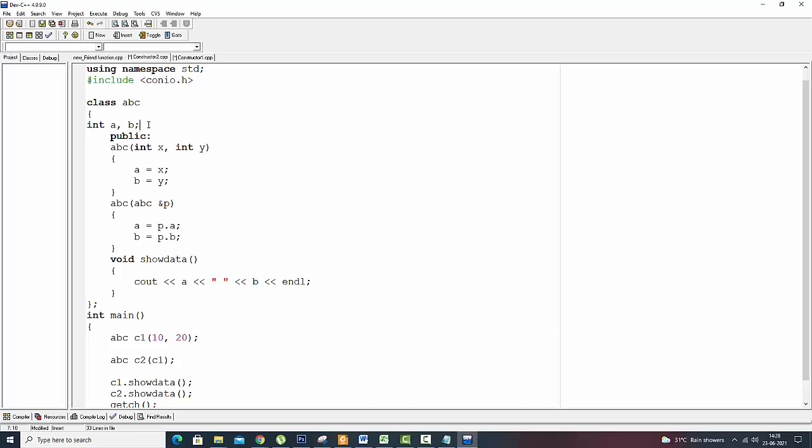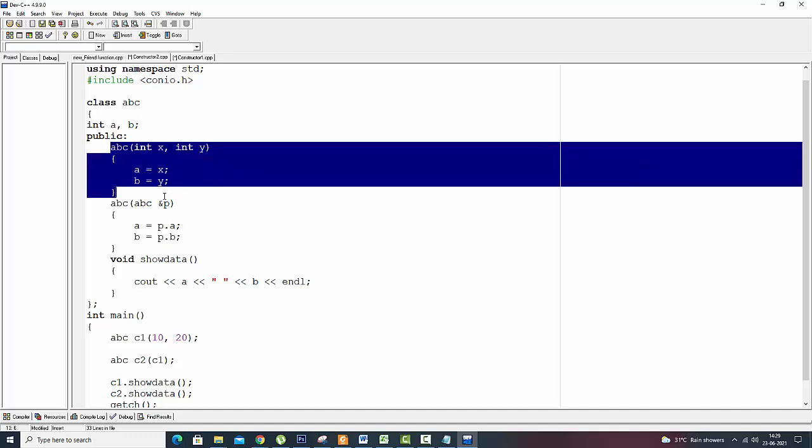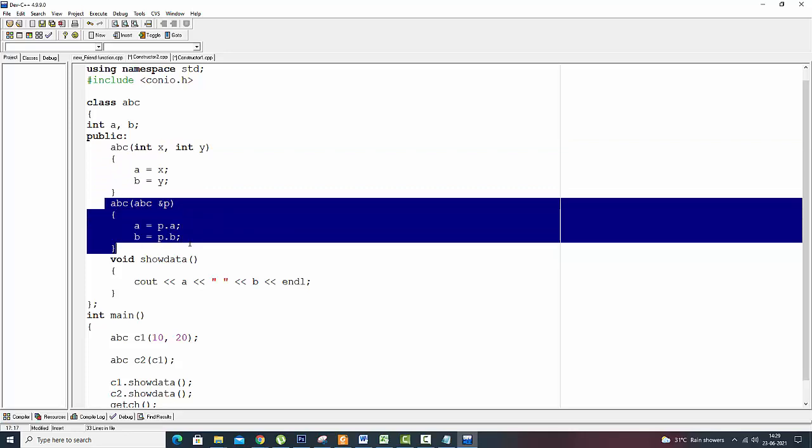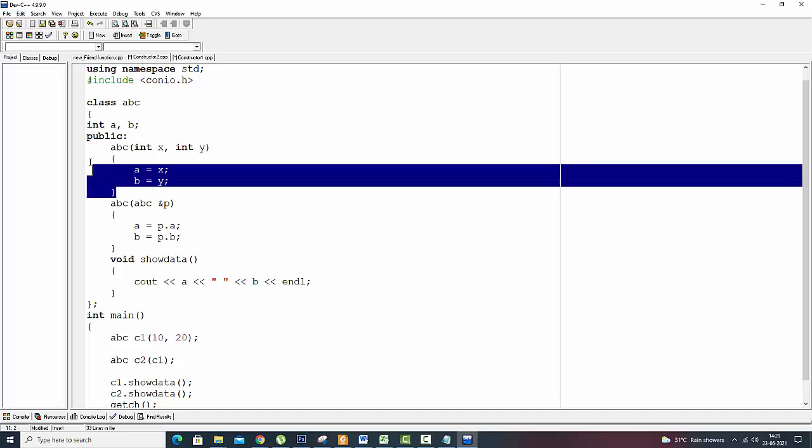So first of all we have a variable, if private is not declared here, that means by default it becomes private, and all the functions we know we have to declare public. So first we have a parameterized constructor, then we have another parameterized constructor second. The first parameterized constructor includes only two values. So they are creating an object C1 with the help of two values 10 and 20. So this 10 and 20 went here and are being initialized within this one, a equals to 10, b equals to 20. Okay, first that one is initialized.